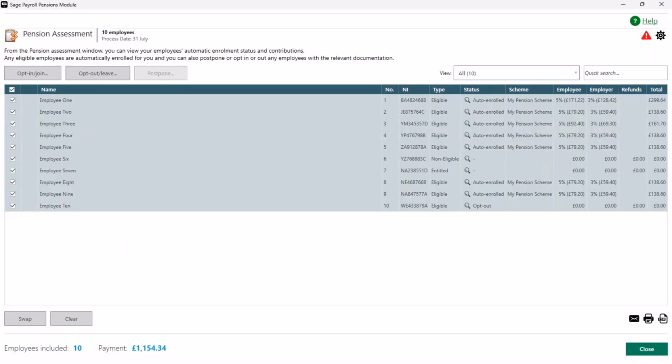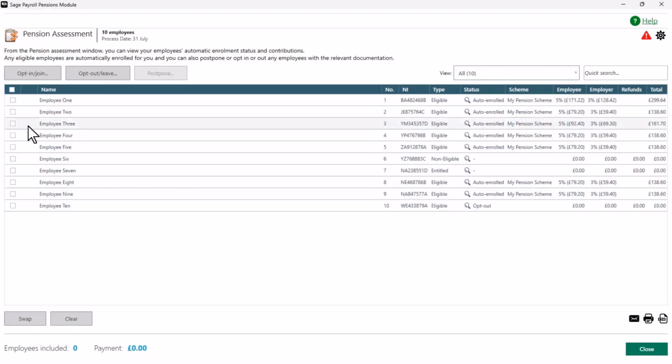So don't let that pro rata calculation throw you off. Finally, if any employees do choose to opt out again, you can always opt them out in the usual way. So if they've sent that request in, you can always opt out by using these options at the top. So if employee 1 had written into the pension provider, they've actually opted out, decided to leave the scheme again,